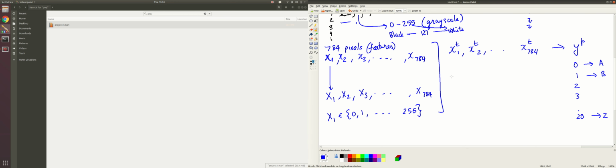Okay, so the idea is you need to assign a probability. So yp is your prediction, the random variable in question may be y. So what you want to do is predict the value of yp, a particular value. So let's not get there. So let's say suppose you want to predict k.